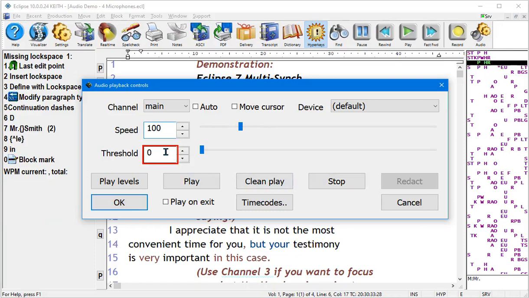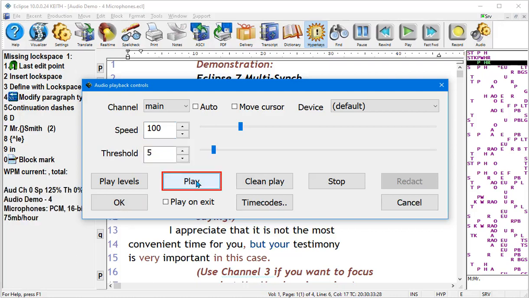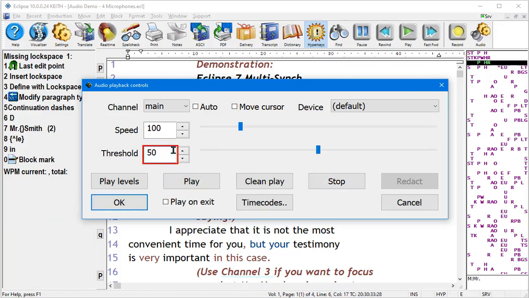If the speakers paused quite often as you recorded them, you may find it helpful to raise the volume threshold to skip over pauses. Mr. Smith, thank you for appearing here today, even if it is subject to a subpoena. I appreciate that it is not the most convenient time for you. However, if you raise the volume threshold too much, you may find that some words seem to drop out in